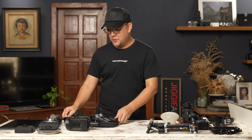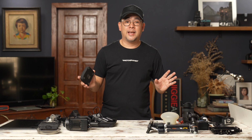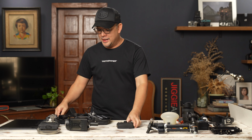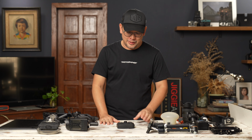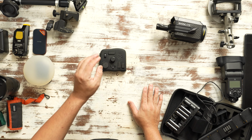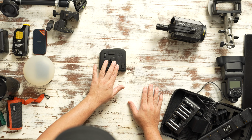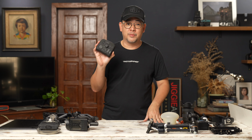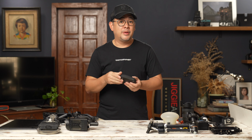Then finally, the last two are my main editing toys. The first is my Tourbox. This Tourbox Neo is a total, again, I'm using the term game changer, but it really was, because it allowed me to pre-program all my actions or everything that I use all the time into something that's so easy and convenient to use. Like, this is for Photoshop. I use this one for multiple brushes. This one is to make my brush bigger or smaller, zoom in, zoom out, action set, action set, action set there. So lots of things that you could do with this particular machine that personally made my workflow so much